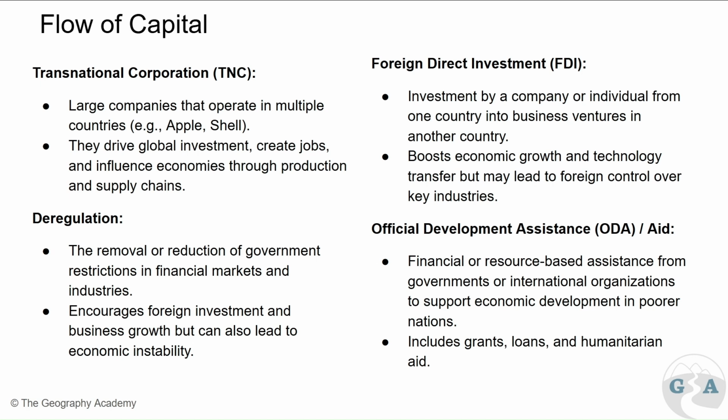So the TNCs then. So Apple, for making iPhones and iPads and all that, and then Shell as well, for example, and extracting and shipping oil around the world and sponsoring different companies. So driving global investment, creating jobs, moving around resources, and including different countries then in the production and the sales